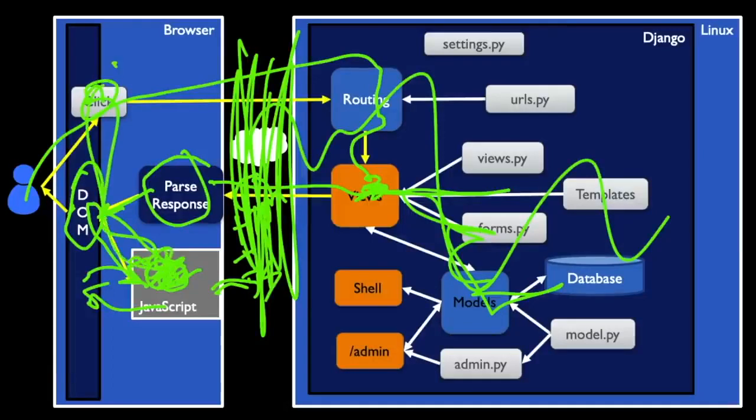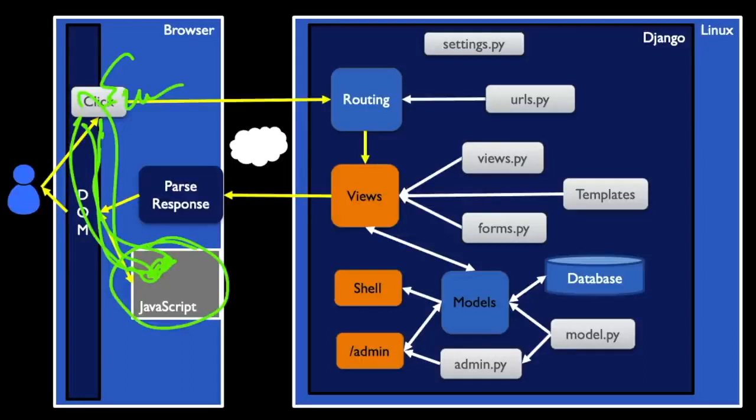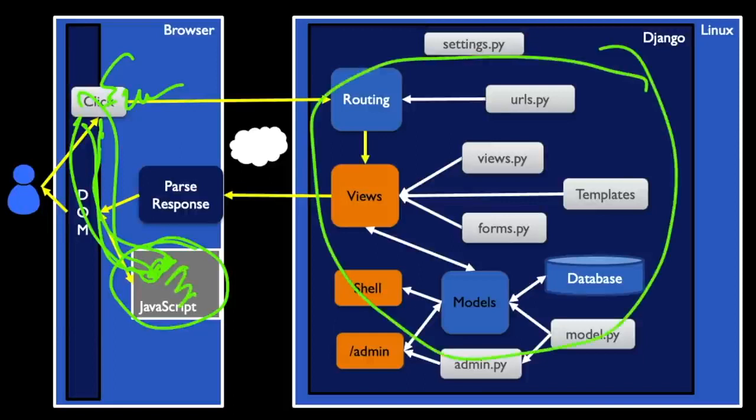So intercepting a click is like an on click, which says run a little bit of JavaScript and then come back, right? And so we can even intercept a click, do something to it, and then stop the actual sending of the data to the server. So JavaScript is in a very powerful position in your browser. It's in your browser, and your page can be sitting there. And increasingly, we're starting to see folks build more and more of their application in JavaScript and less of their application in